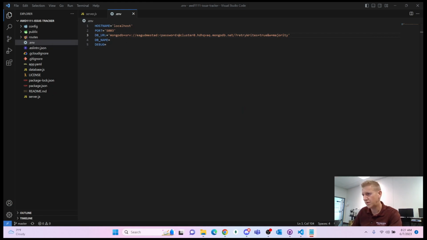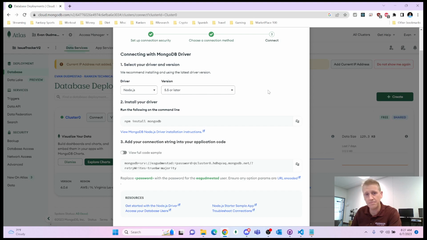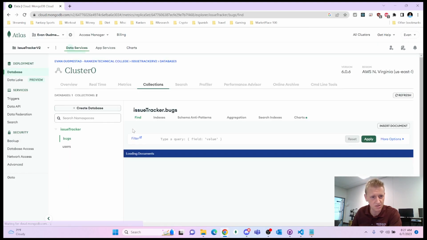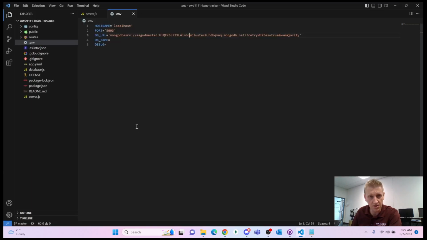Okay. Issue tracker password. Again, not worried about getting that out there. Back into DB name. Now if I go browse collections, issue capital T tracker,